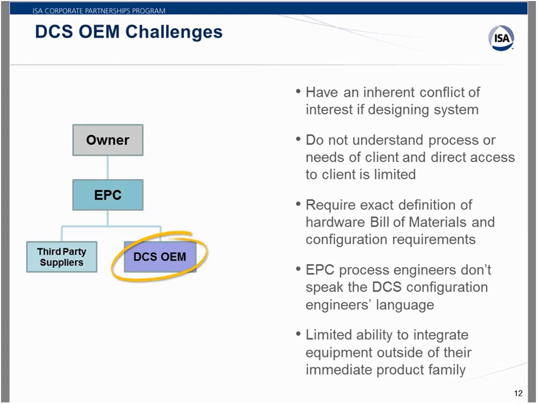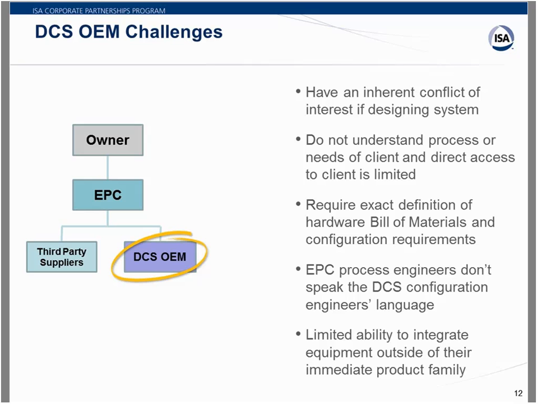Normally you'd say, hey, why is the DCS vendor going to be willing to take on designing the system for the EPC? Well, the answer is that if you're designing the system, then you get to spec the equipment. And if you're speccing the equipment that you happen to sell, there's a very strong incentive to spec nice, expensive equipment, right? Why go cheap when you can go top of the line? So there is, pretty much by definition, an inherent conflict of interest if the guy selling you the equipment is designing it for you.